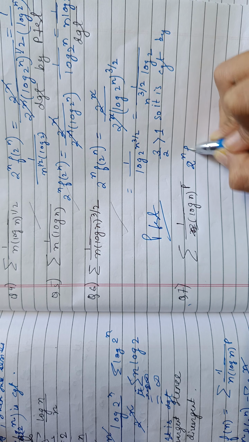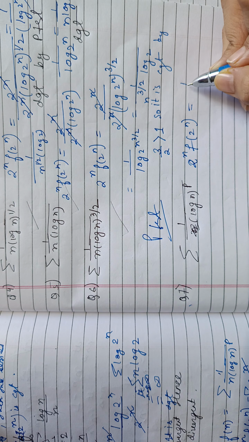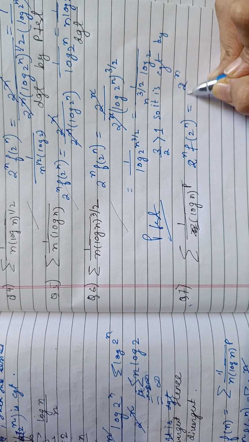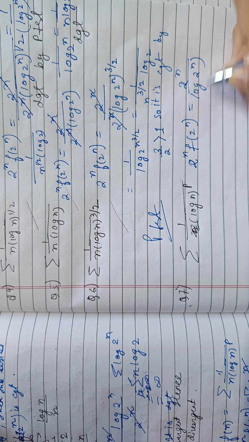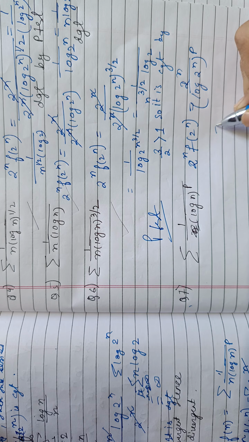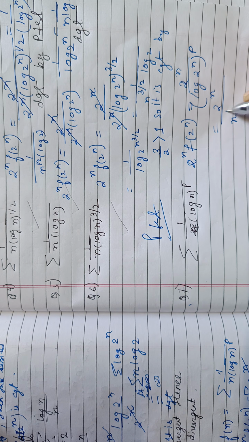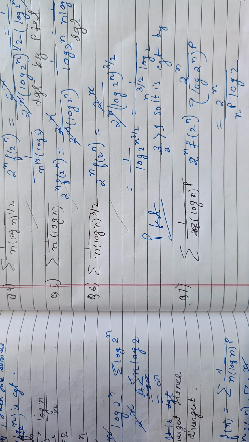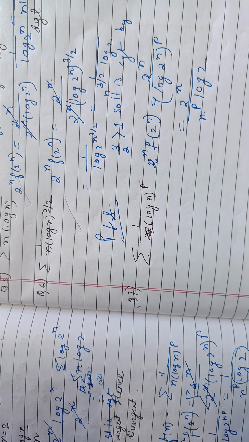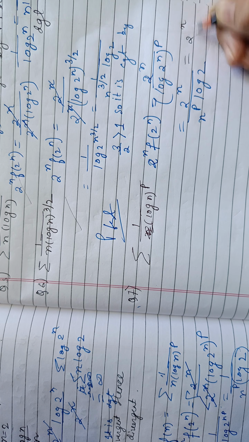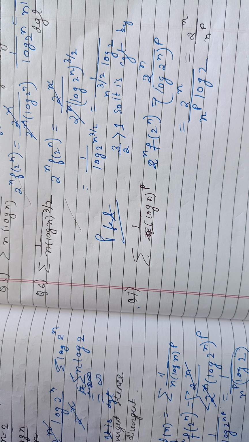2 to the power n, f of 2 to the power n. So 2 to the power n upon log 2 to the power n, whole power p. So this is 2 to the power n upon n to the power p log 2. तो आप देख सकते हो हमारा रिजल्ट कुछ इस तरह से आ रहा है, 2 to the power n upon n to the power p. log 2 को तो हम एज अ कांस्टेंट ट्रीट कर रहे हैं।